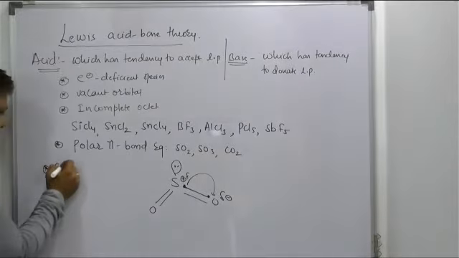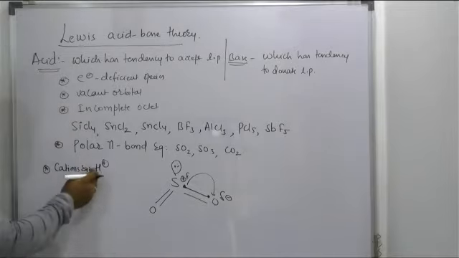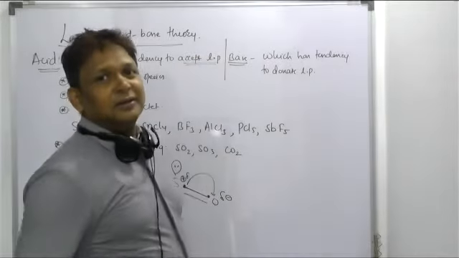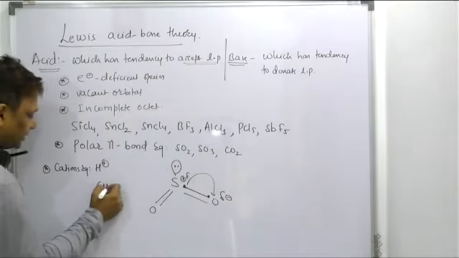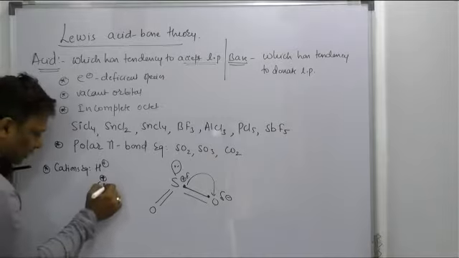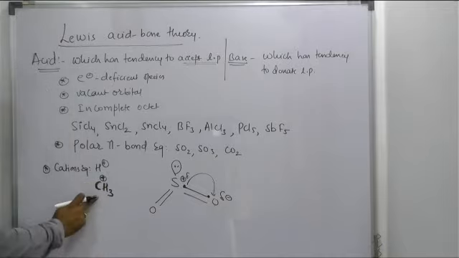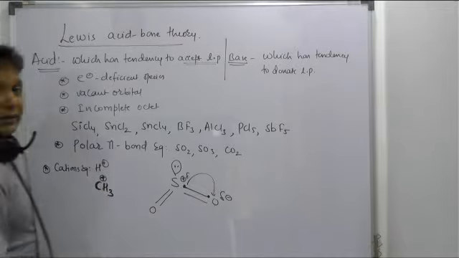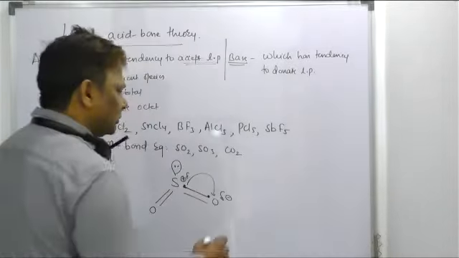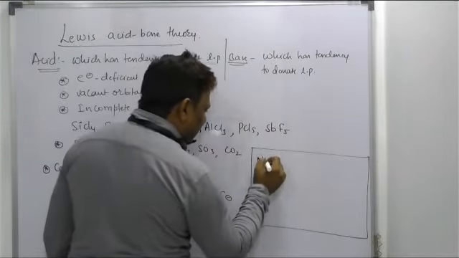Beta, cations also behave as a Lewis acid. Sir, can you give an example? H plus ion is a cation, it has a tendency to take a lone pair, which means 2 electrons at a time. CH3 plus, that means it is an electron deficient species. You can check, only 3 bonds are there, total 6 electrons. To complete its octet, it will take a pair of electrons from outside. So the cation behaves as a Lewis acid. One more point you remember: in the exam, this question will surely be asked. Beta, is this ion a Lewis acid?